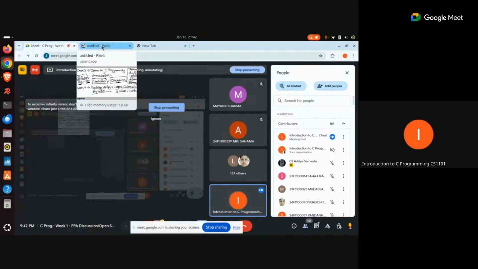Okay, so for that you will have to give precise instructions. See, a computer is just a machine. It can only do what we ask it to do. A computer cannot do anything by itself. That is very, very clear. So whenever you want a computer to perform something for you, to get a task done, you have to make sure that you are very, very precise with the instructions that you give to the computer,